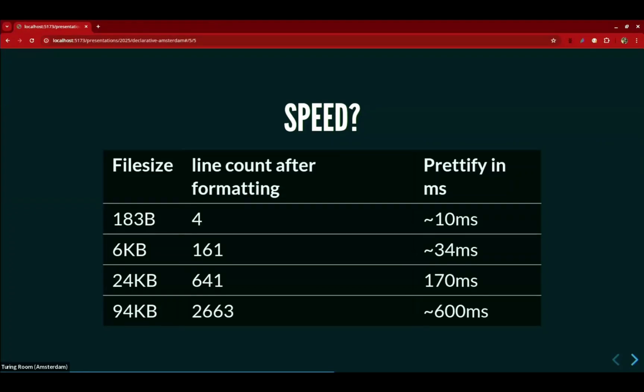To be honest, if you're writing files that are 2,663 lines, it might be time to start splitting things up because it's just big. But even those take about 600 milliseconds to do a full format. I did notice with Prettier that the first format is larger and slower than a subsequent format. I'm not really sure what it is because a parse should be a parse. But anyway, I'm seeing that.